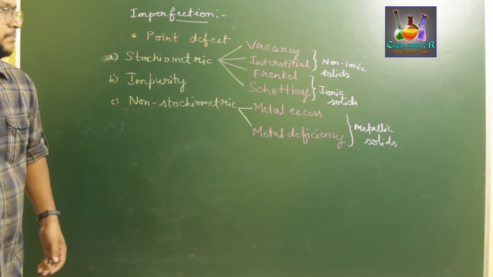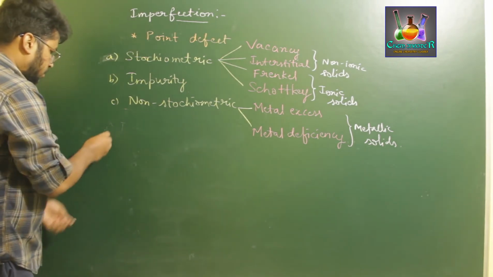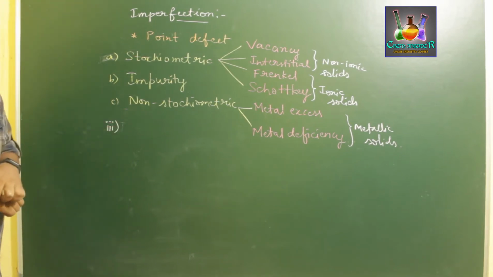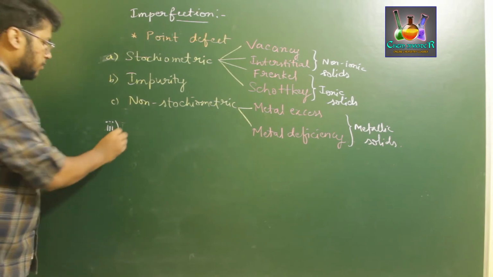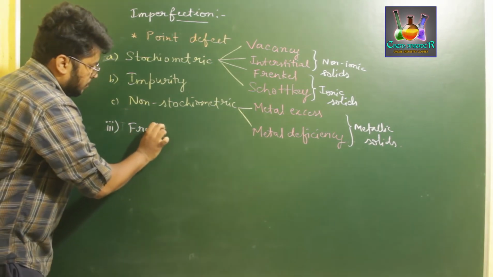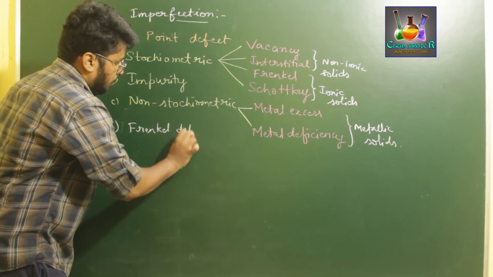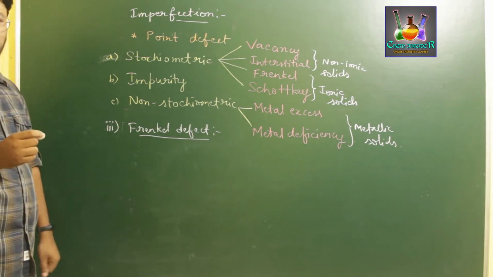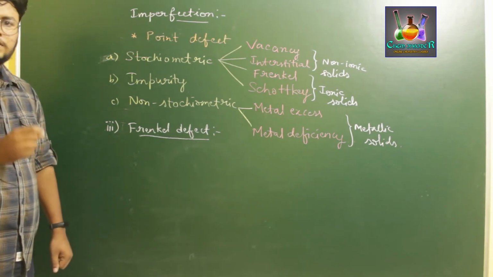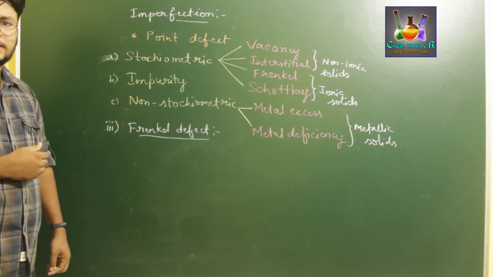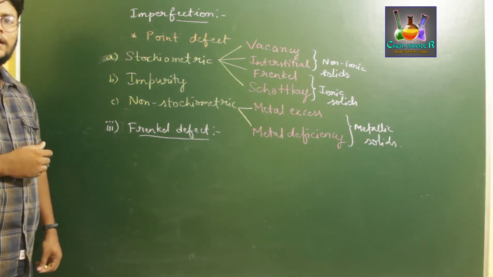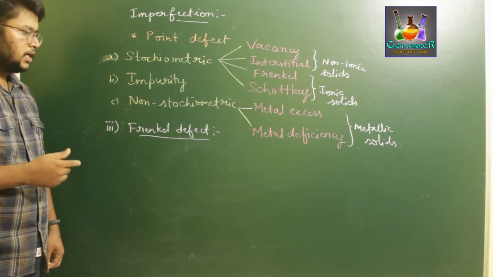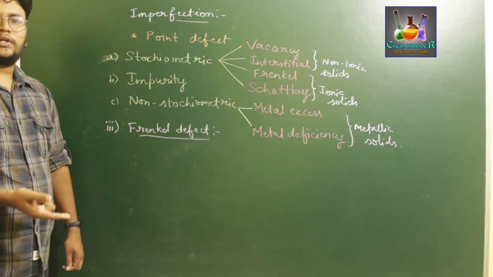Frenkel defect arises when the ions forming an ionic solid have a huge difference in their sizes. That is, Frenkel defect arises when the cations and anions have a very big difference in size. If one of the ions is smaller, then that ion skips its lattice site and creates a vacancy over there, and gets positioned at a different site, thus creating an interstitial defect also.